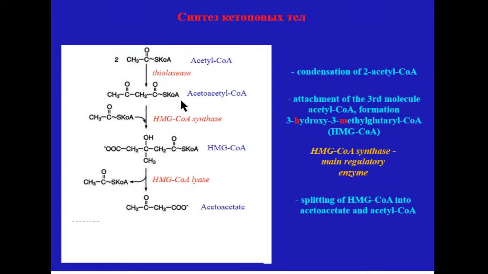All acyls are combined with coenzyme A. We said coenzyme A is like a great head of a kite, to which all residues of acids with different lengths can be attached. Here we can obtain an acid without this kite head, for which membranes are impermeable, and it means that acetoacetate after this can go to the blood, to the peripheral tissue.